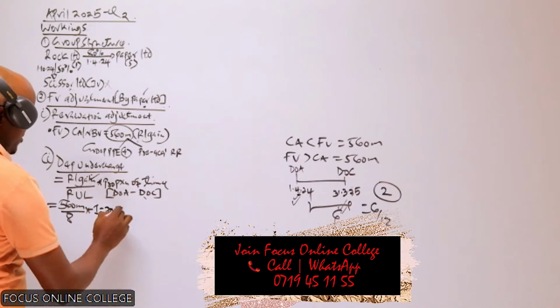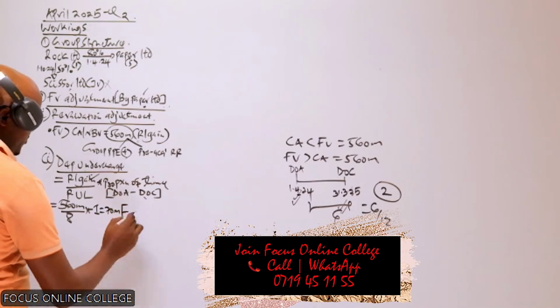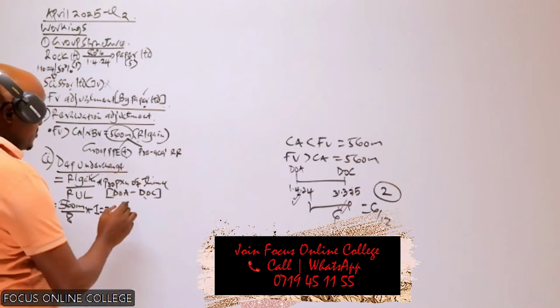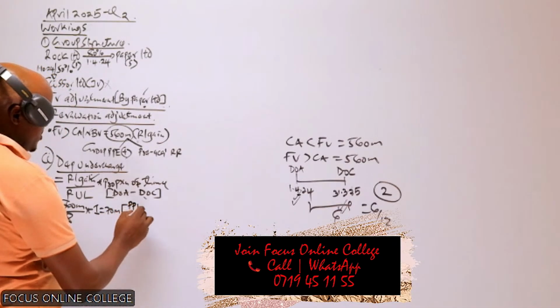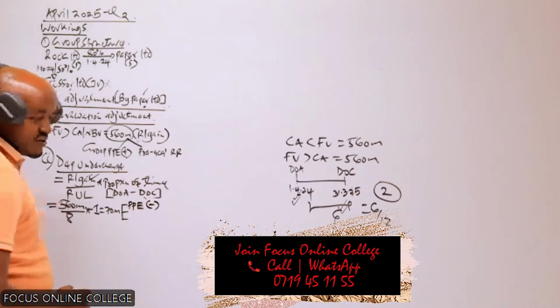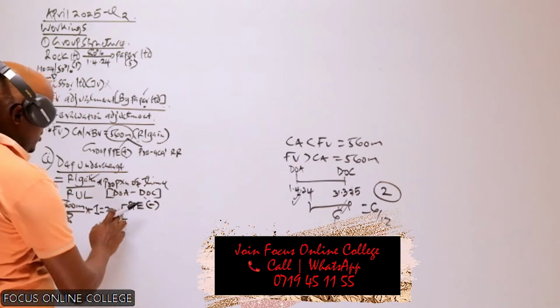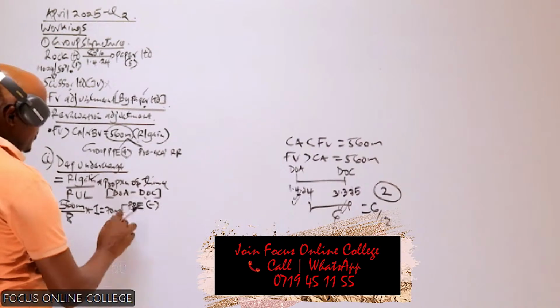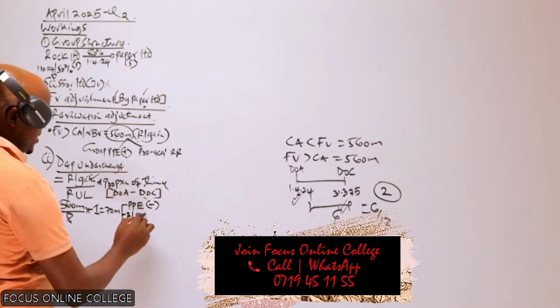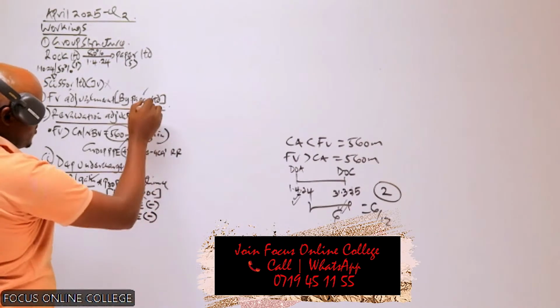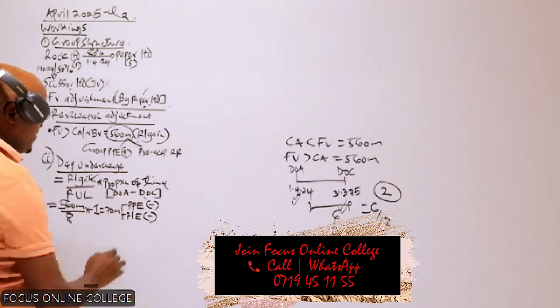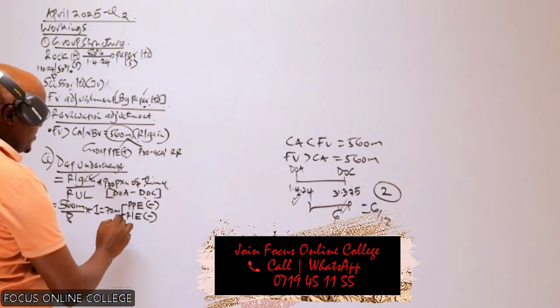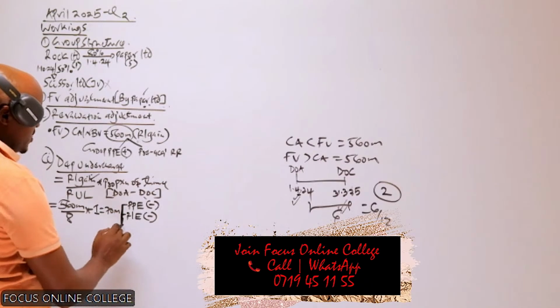Now, this 70 million, which items will be adjusted here? One, this will be deducted from the group PPE. When preparing our consolidated statement of financial position, we deduct that from the PPE. Number 2, we will also deduct this from the retained earnings of which company? Of Paper. Retained earnings of Paper. And number 3, in preparation of the consolidated statement of profit or loss, this one will be